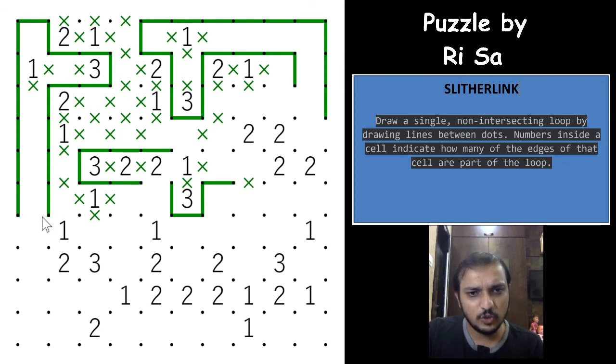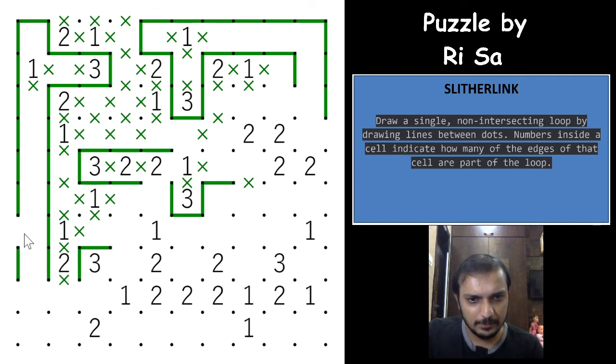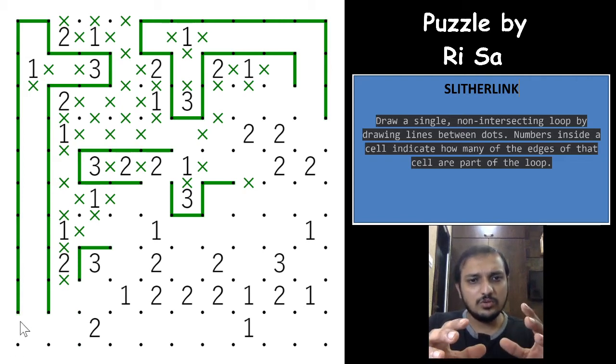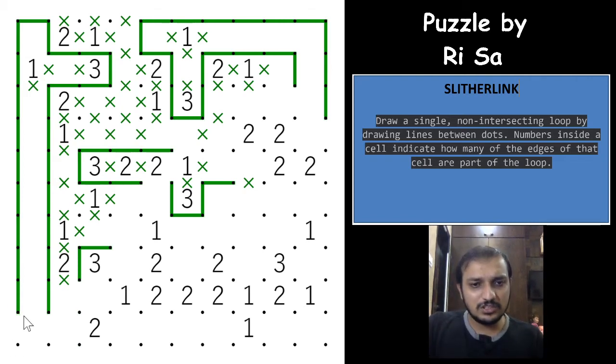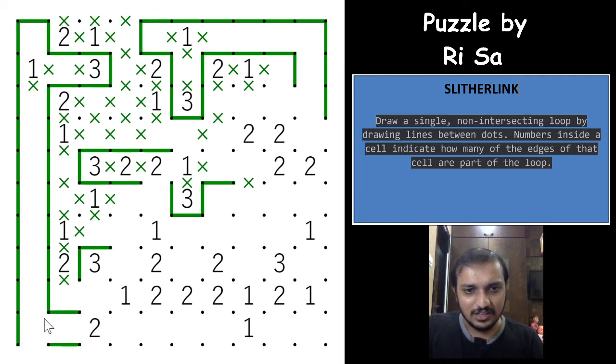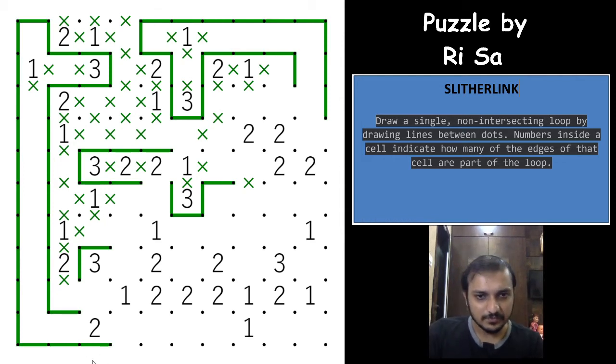Now if you see here, this loop segment will either have to go towards the right or bottom. That will cross out both of these cells. It will have the 3 this way. This is crossed out because this loop segment cannot go anywhere now. So 1 is done, 2 is also done. You see the way this puzzle has been constructed, you have to make sure that these loop segments do not connect, because it will form a separate closed loop, and that repels each other, and that extends till the end of the grid, right? From the start to the bottom, the whole grid is covered here. What an excellent construction this is, right?